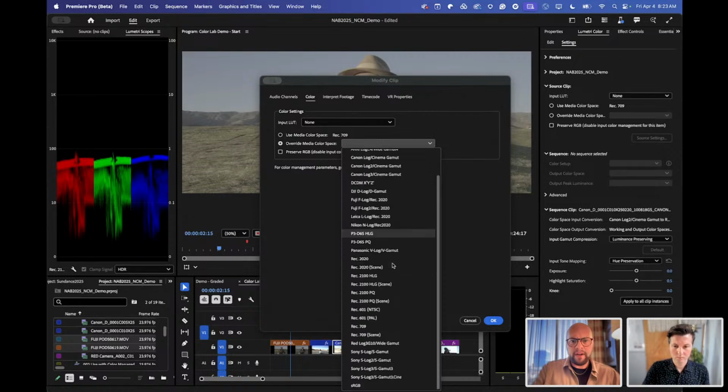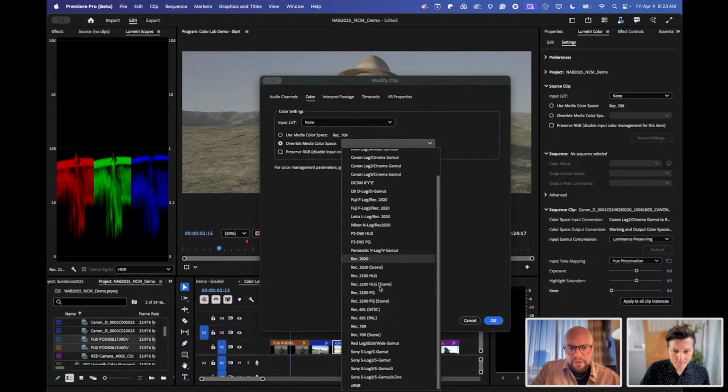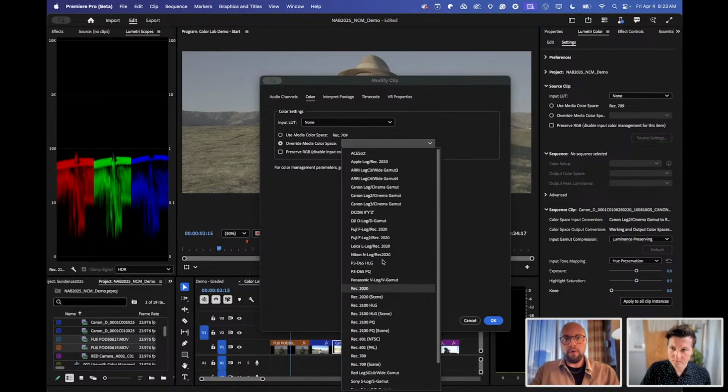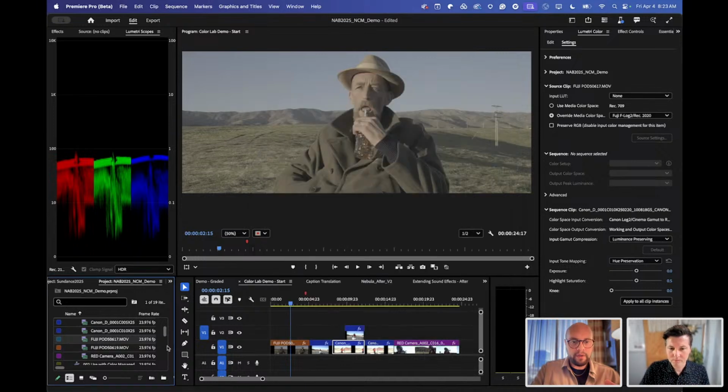And just double checking, Francis, can you see this drop-down menu right here in the menu that just popped up? Oh yeah, so many color spaces. So many color spaces. Again, Apple, ARRI, Canon, Fujifilm, Leica, Nikon, Panasonic, Sony, Red, and of course, all of the industry standard video formats. So I'm going to choose Fujifilm F-Log 2. And just to show you another way that you can do this, before I hit OK, I'll go ahead and cancel that, just to show that you can also do this from